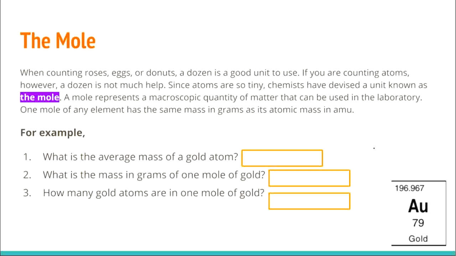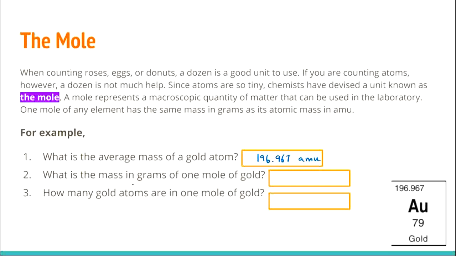How did we determine the average atomic mass? For example, what is the average mass of a gold atom? You look at the periodic table, you find gold, and there you have the mass. We learned that previously as the average atomic mass. So in this case, gold's average mass is 196.967 AMU. Well, we're not talking about average atomic mass anymore because we're not talking about one single atom of gold,